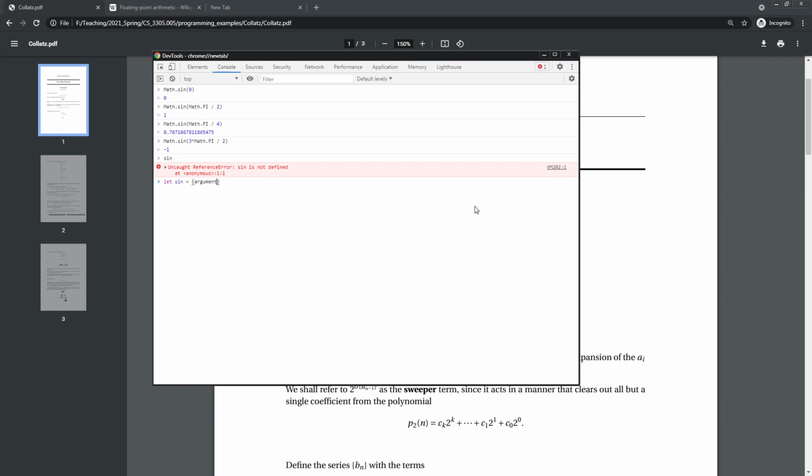And it takes an argument. I'll shorten it to arg, or you can call it angle if you want. And we're going to treat it as a sum because that's what the series expansions are. Right? So it's a sum, and anytime you start with a sum, you want to initialize it to 0 because you're going to be adding values to it. And then